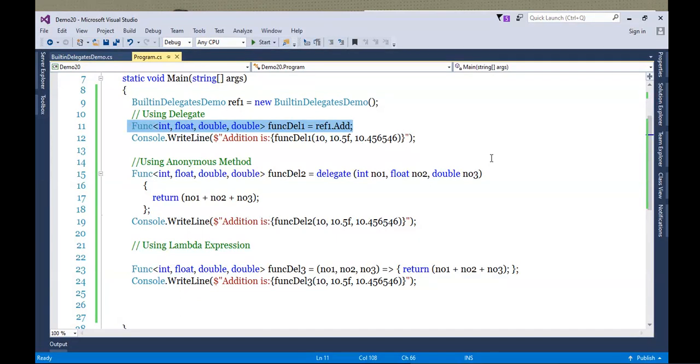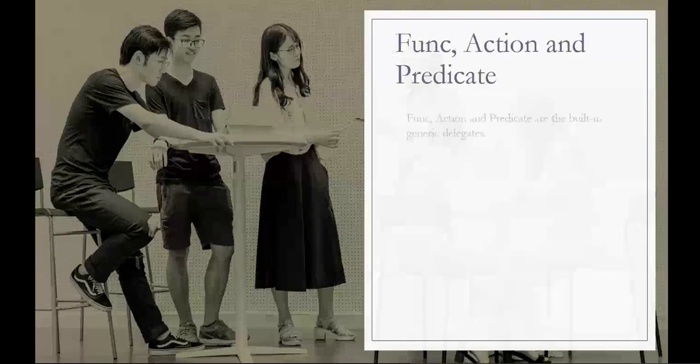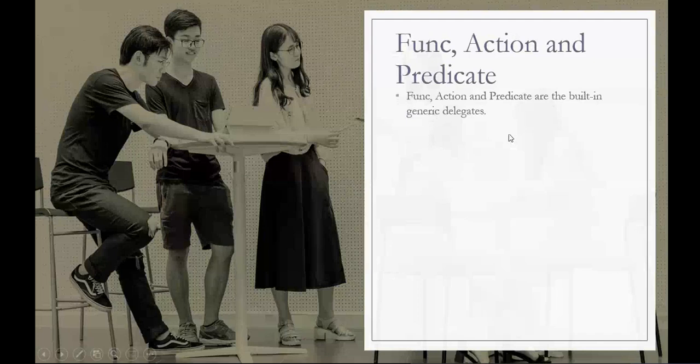The only required or necessary thing is your method need to return a value. Okay, so this is how you will be using func delegate. So func, action and predicate are built-in delegates. If method is returning a value, then func delegate is used.